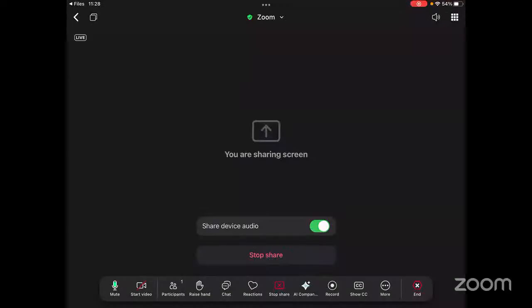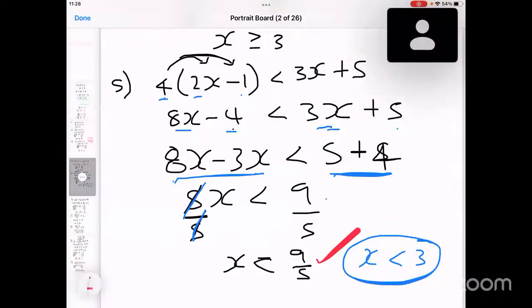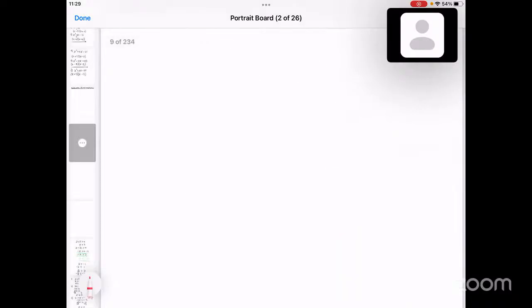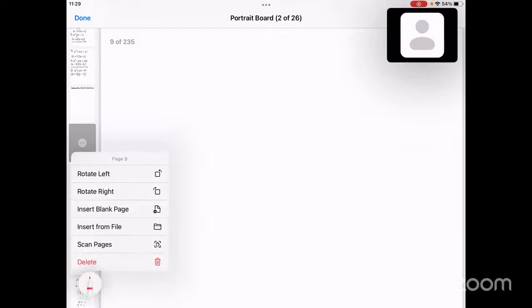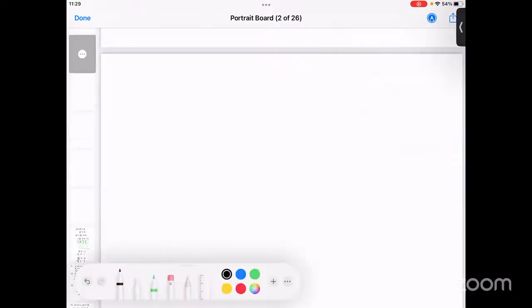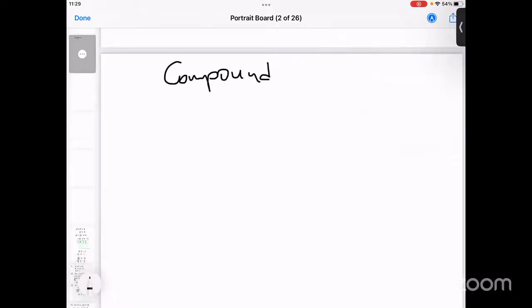Okay. So now I'm going to be taking you through some more inequality problems, which we refer to as compound inequalities, where you are definitely going to be doing 2 in 1. It's going to make sense what I mean by 2 in 1, but this time around it will look like we are doing 2 calculations within 1. So just write there and say a compound